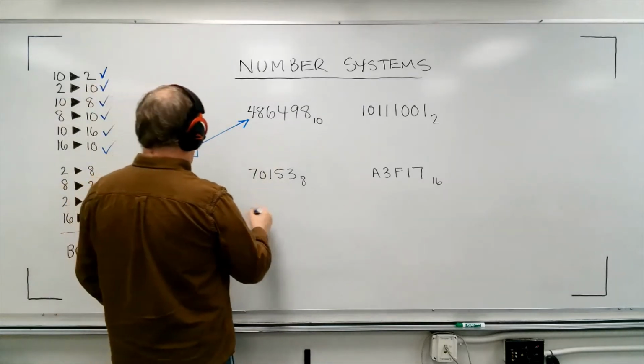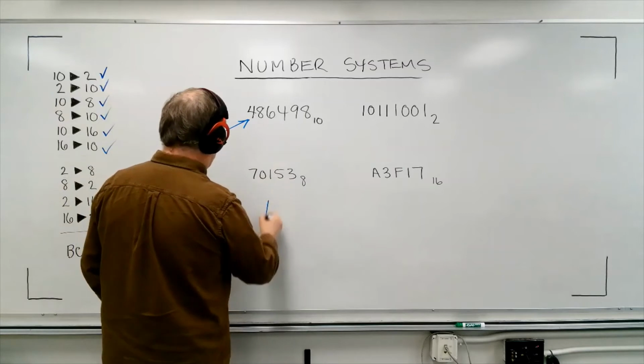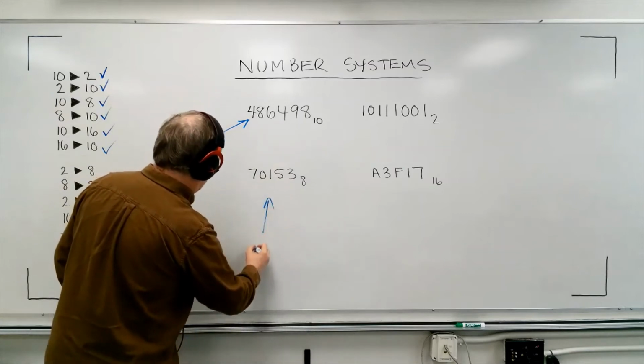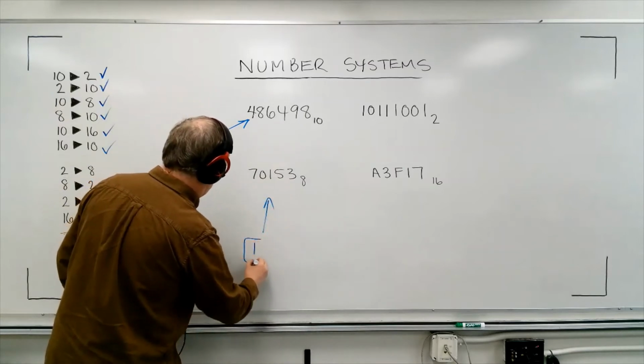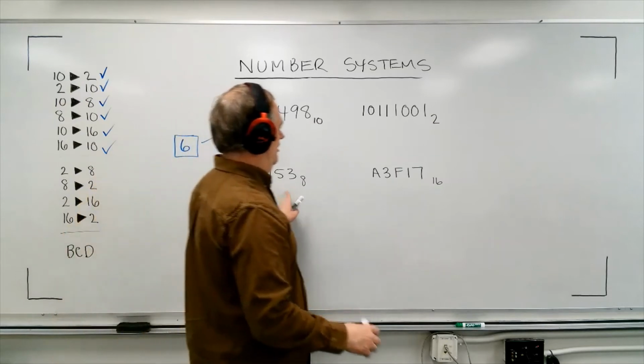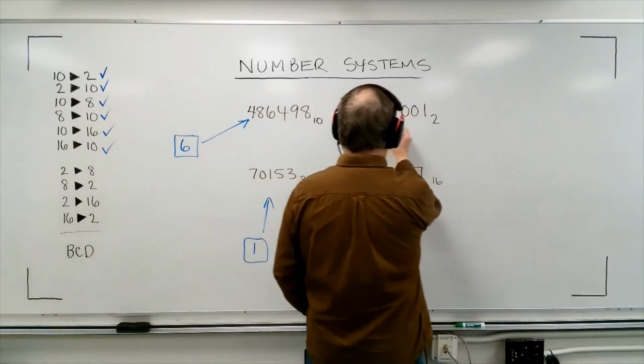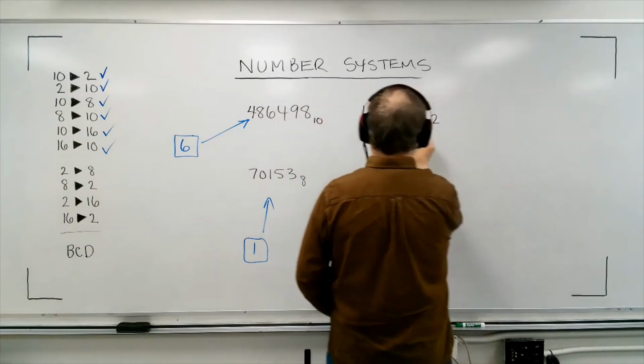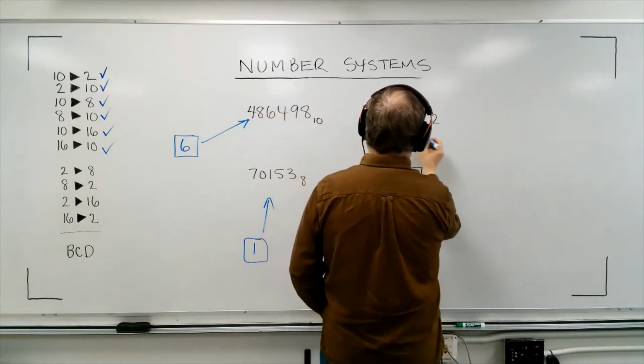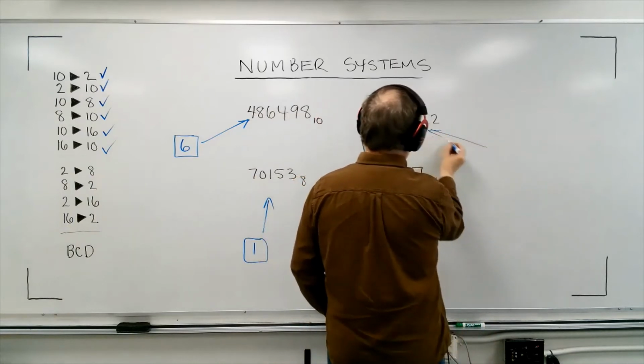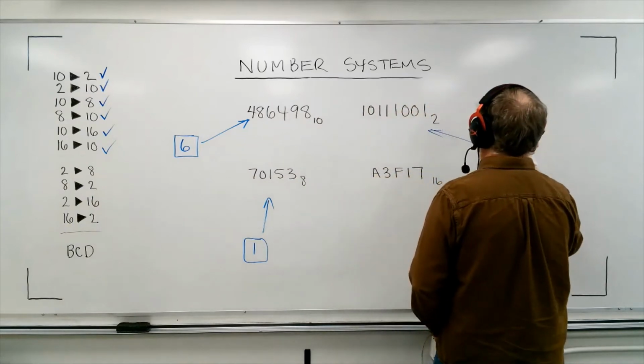And how many actual items would be represented by the 1 in this number? And how many actual items would be represented in binary by the 1